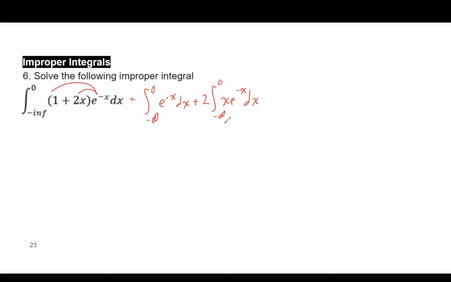So we're going to choose our u to be x, because then we can just say du is dx, which is really nice. Our dv then has to be e to the minus x dx. So our v is going to be negative e to the minus x. Okay, so this first integral just becomes, the second one is 2 times